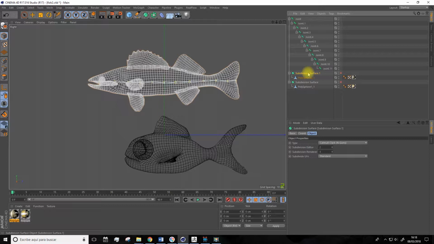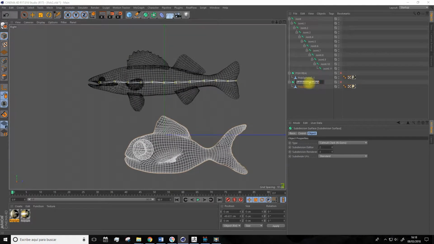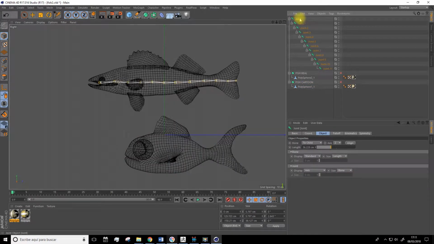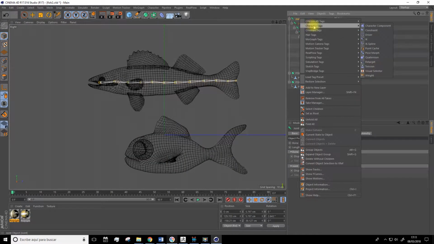Now let's take a moment to rename these so we don't mistake one element for the other. Brilliant. Now the next step is to right click the first joint and inside character tags,